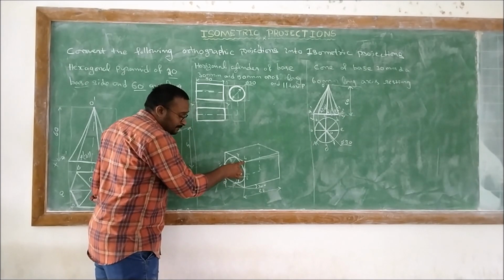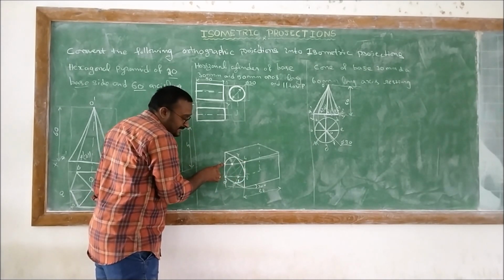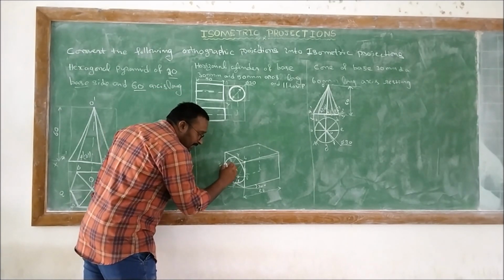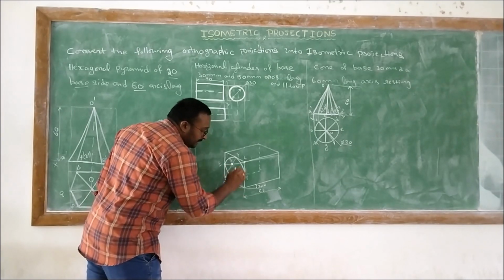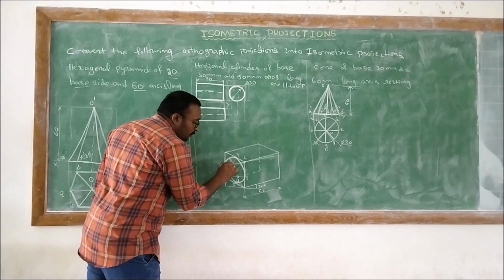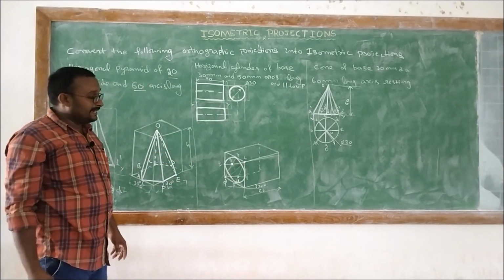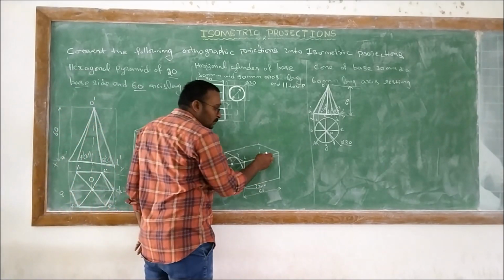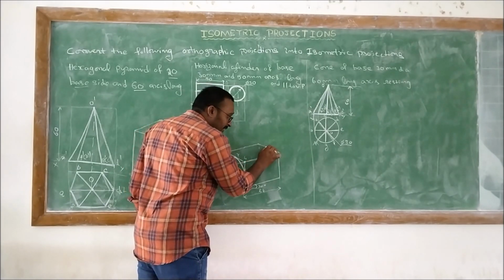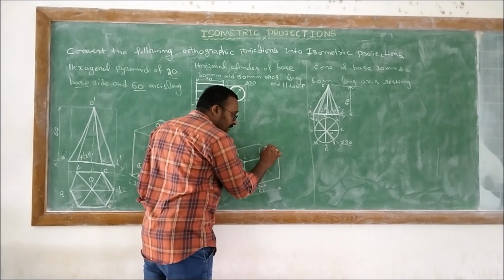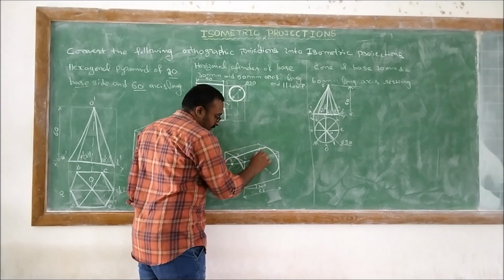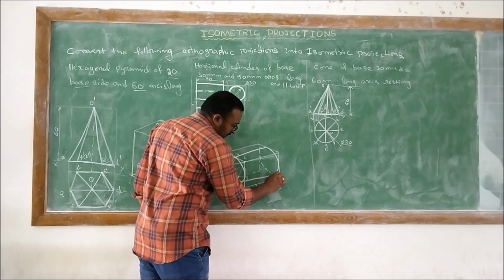Then 4 as center, 4Q or 4P as radius, draw an arc until it touches the P point. Then you will get the elliptical shape of the front view of the given cylinder. Then on the back side also, in a similar way, we need to do that same operation. Then the first half will be invisible and the second half will be visible. Now we need to combine all of them with the visible lines.